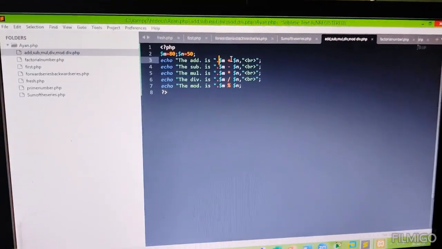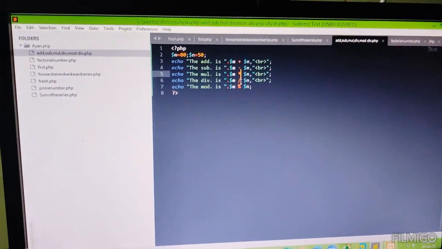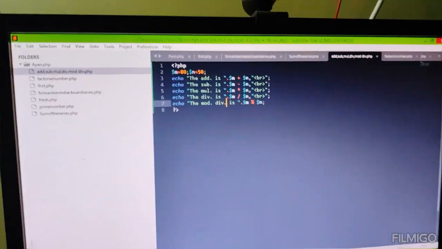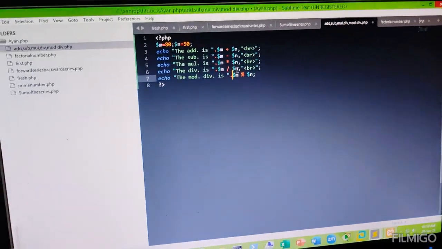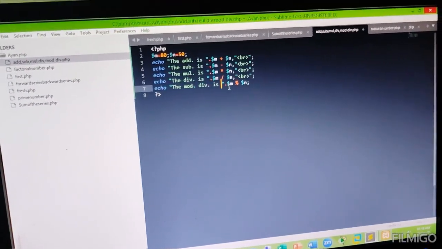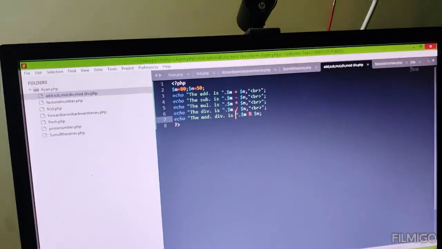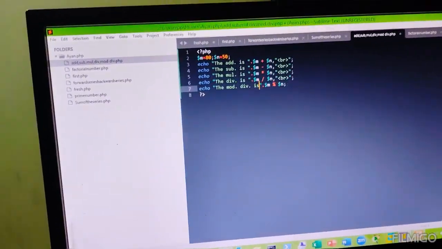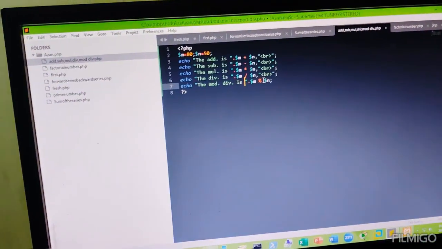Like for addition I have used plus, for subtraction it's minus, for multiplication it's into, and for division it's divide, and for modulus division like it's mod. So yeah, and now to